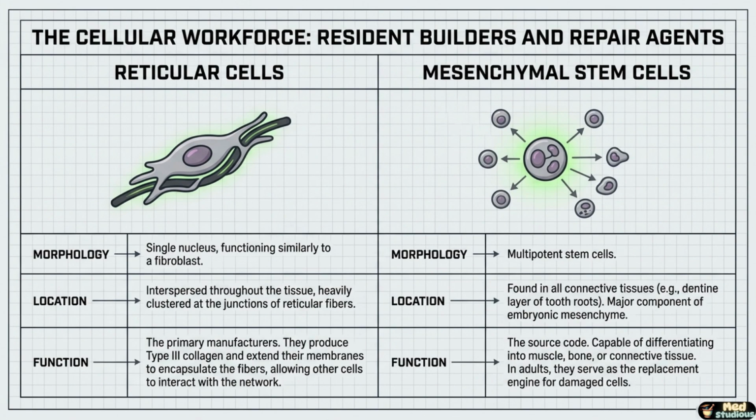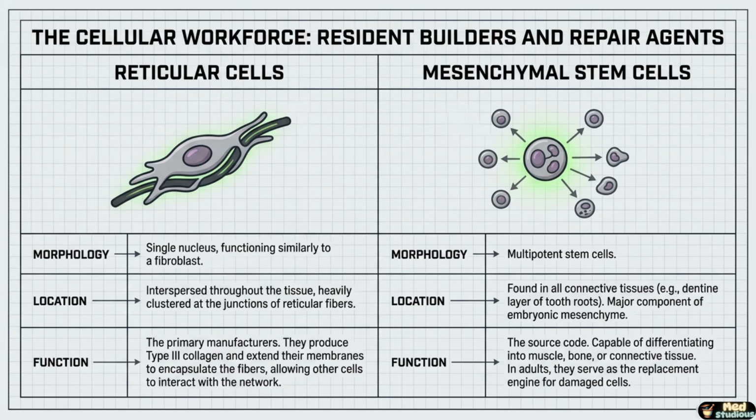Let's meet the specific cells that live in this environment. The first and most important are the reticular cells. Morphologically, they have a single nucleus and function very similarly to a standard fibroblast. You will find them interspersed throughout the tissue, heavily clustered at the junction points where the reticular fibers cross. Their function is critical. They are the primary manufacturers. They secrete the type 3 collagen and then extend their membranes to wrap the fibers, regulating how other cells interact